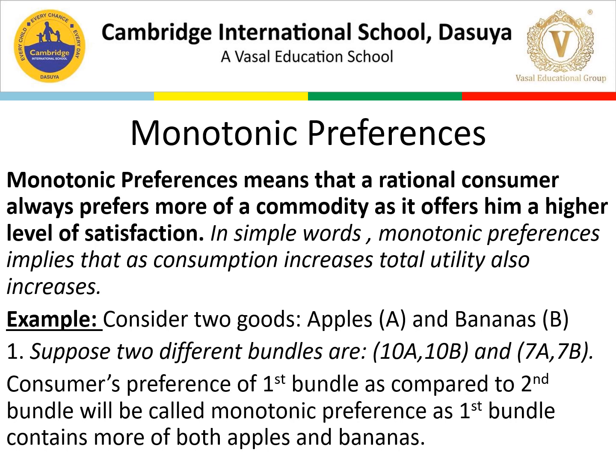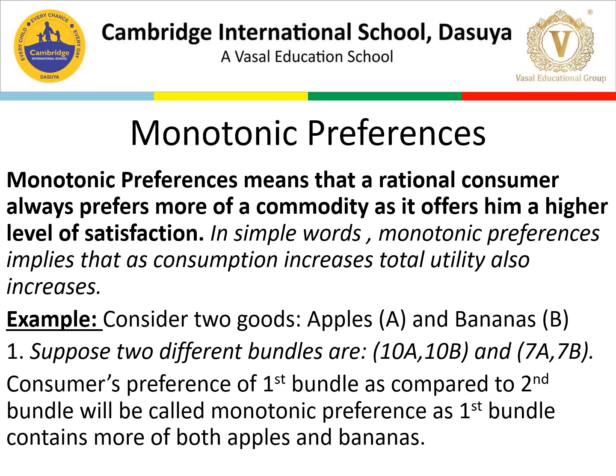As we have written here, monotonic preferences means that a rational consumer is one who is working with a rational mind. That means he is using his money to the fullest for his level of satisfaction. A rational consumer always prefers more of a commodity as it offers him a higher level of satisfaction. So what we always do is prefer to pay even less money, or the equivalent money, which gives us a similar level of satisfaction for what we spend on buying a particular commodity.